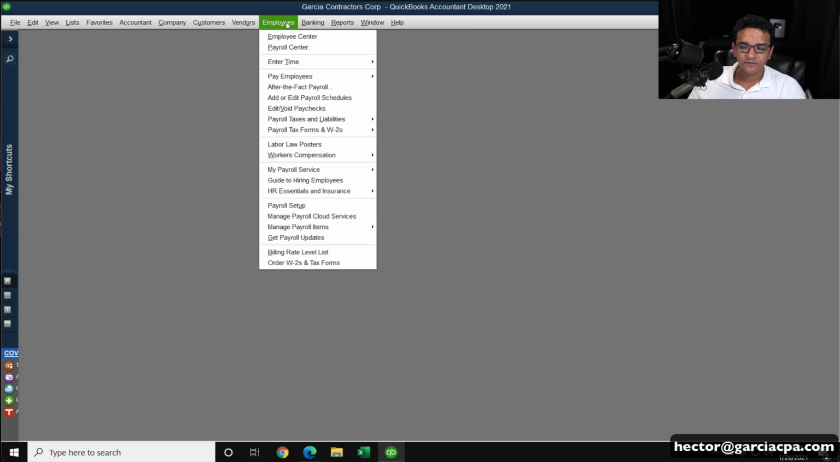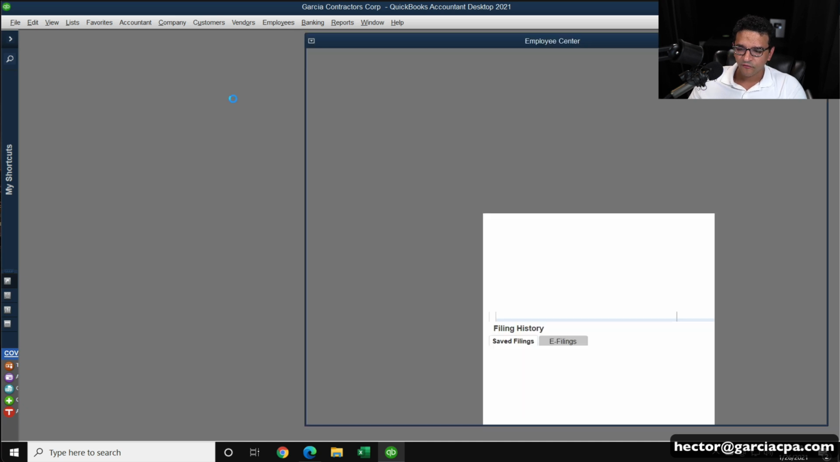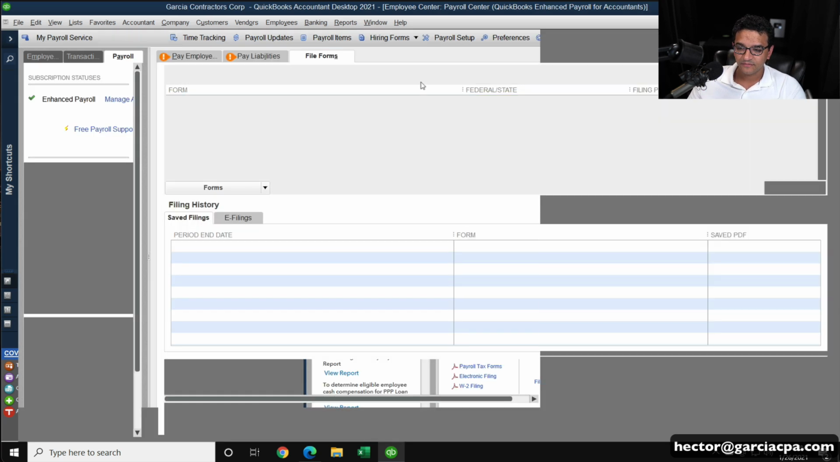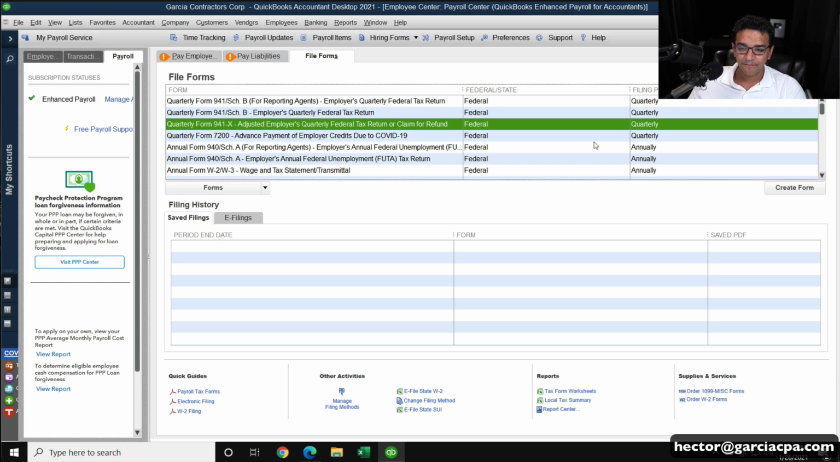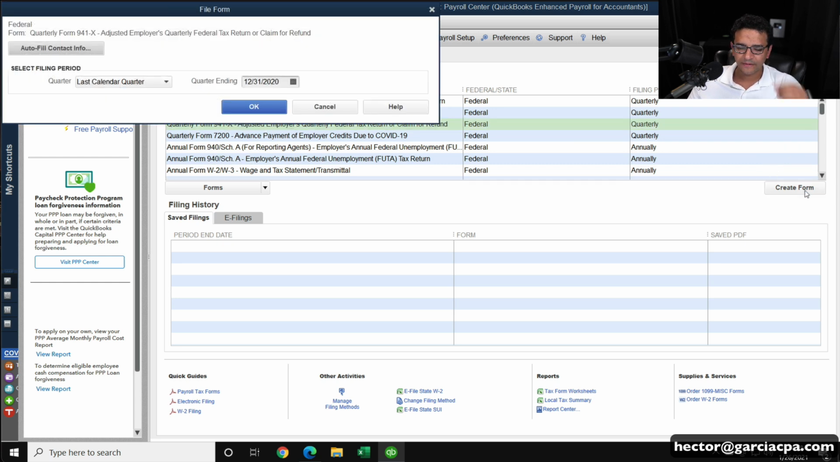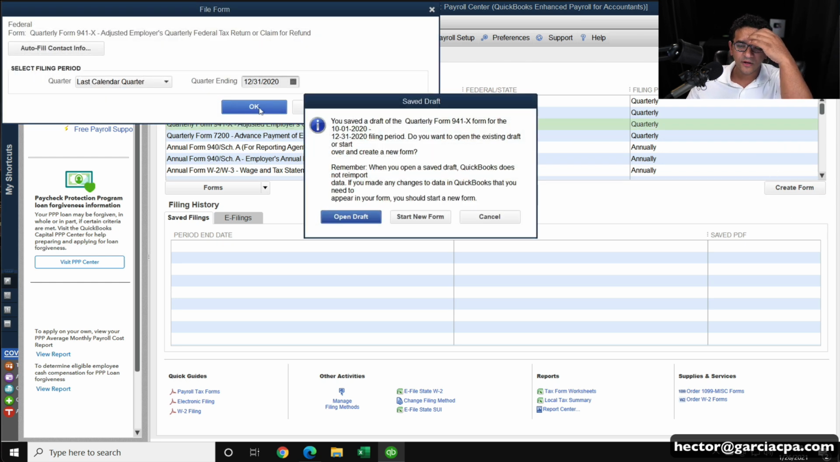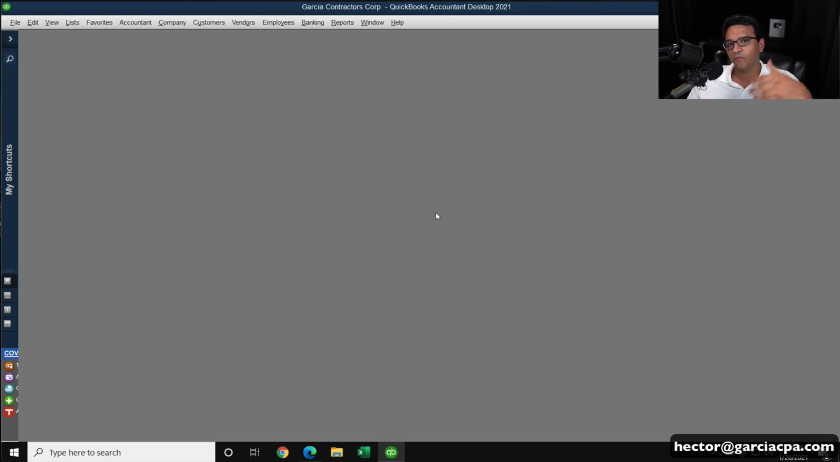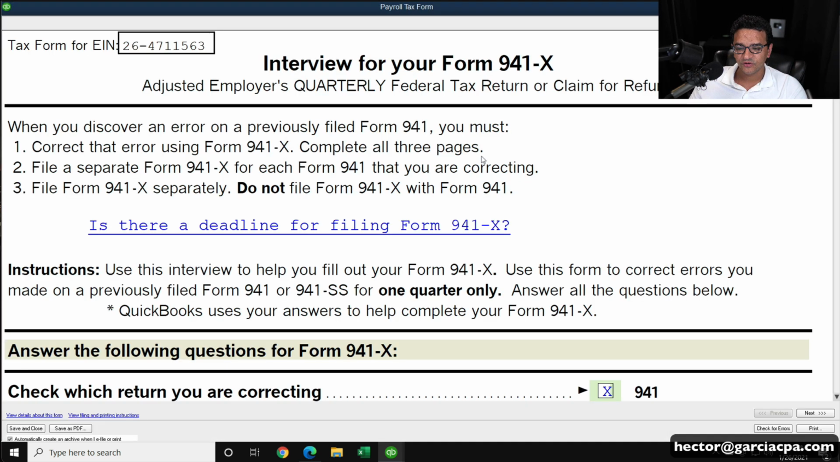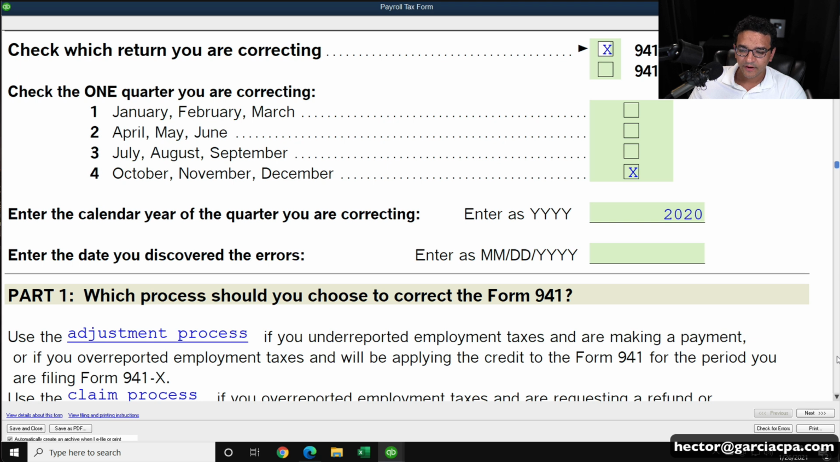So we're going to go into employees, taxes and forms, process payroll forms. Then we're going to select, double click here. Let me select the amendment and go to create form. And I'm not going to spend a whole bunch of time on the amendment, but I'm going to walk you through the numbers that you should be looking at. So the first part of the amendment, we're going to let them know when we discover the error. Let's say this happened in